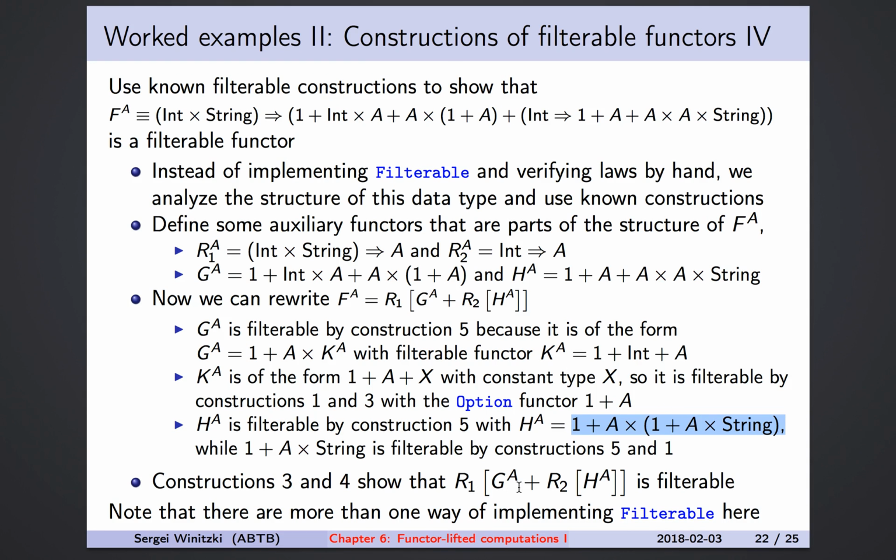And then we have R2 of HA, which is a composition of two functors. So it's a composition of functor R2, which is this, and filterable. So that's filterable. Then we have a sum of filterable and filterable. Therefore, this is filterable. And then we have a composition of a functor that doesn't have to be filterable in that construction, and the filterable. So that's all. We just looked at the types and